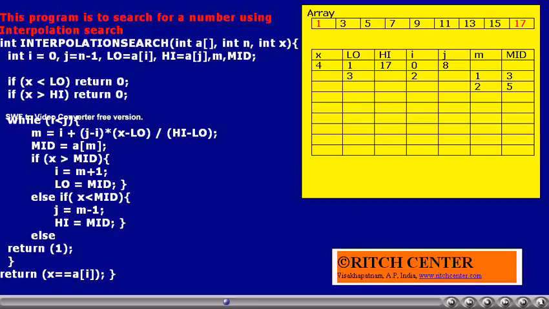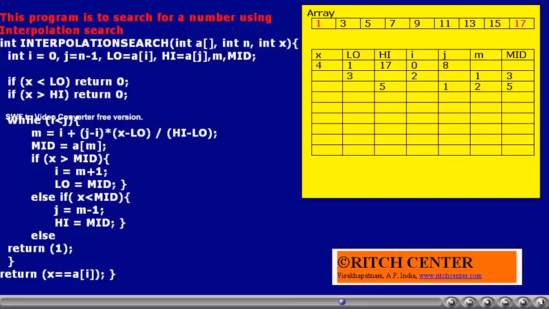So now we need not search after mid, that is 5. We have to search before that only. Thus, the high value will be made as 5, the j value will be made as 2. The while condition, while i less than j, becomes false. When the last statement is executed, that becomes false, which means that 4 is not available in the array.